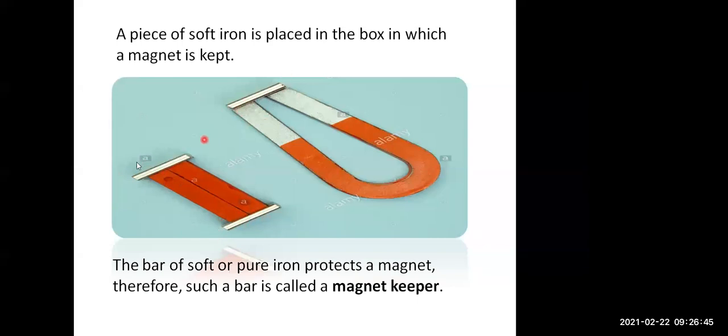These iron bars are called magnet keepers. They help to protect the magnet from destruction. So magnet keepers are bars of soft or pure iron, which help to protect the magnets.